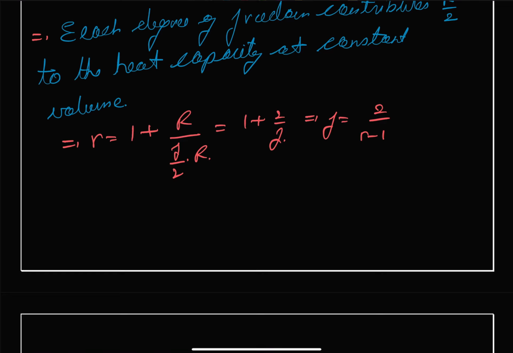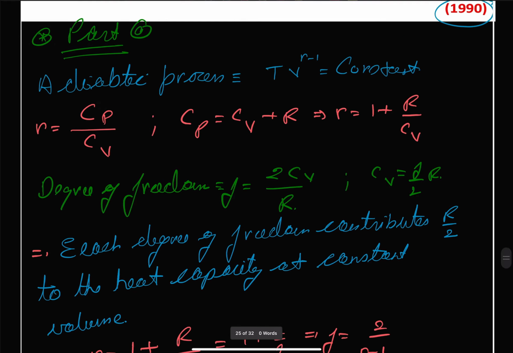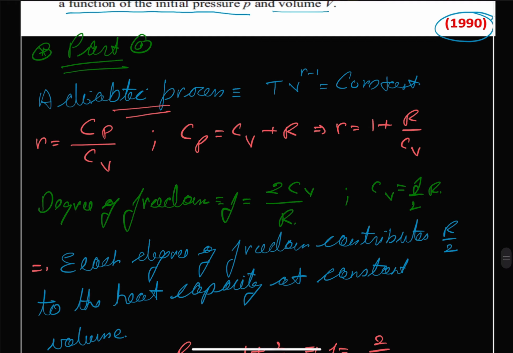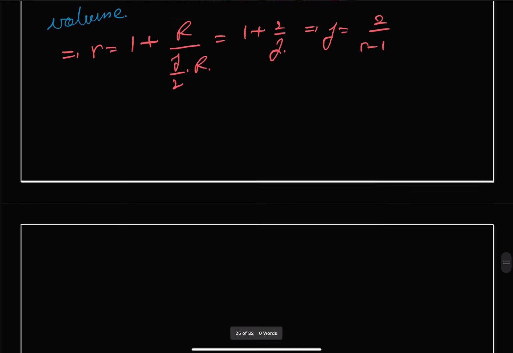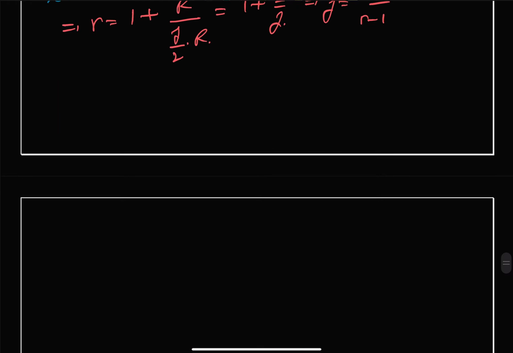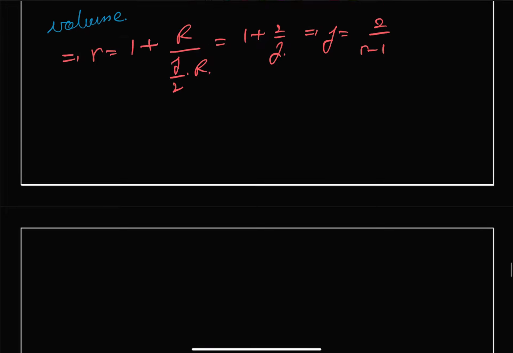Okay. And we have to keep in mind that the process is adiabatic. So we have to calculate our gamma for adiabatic condition, and we have that our initial